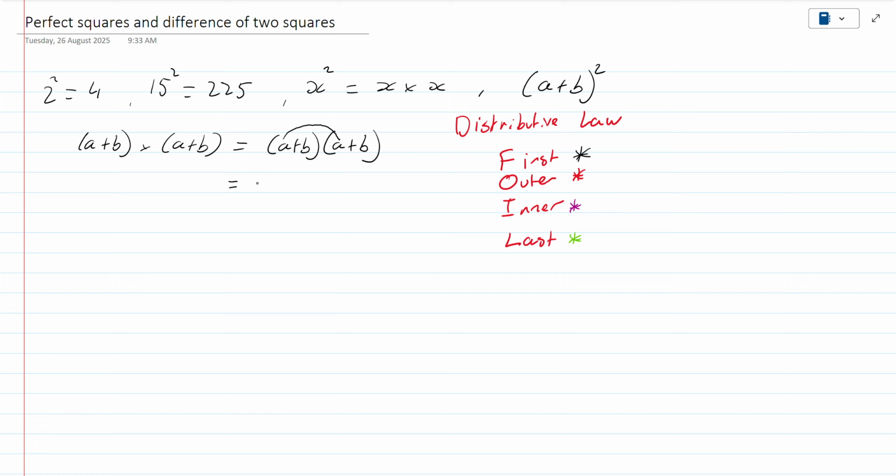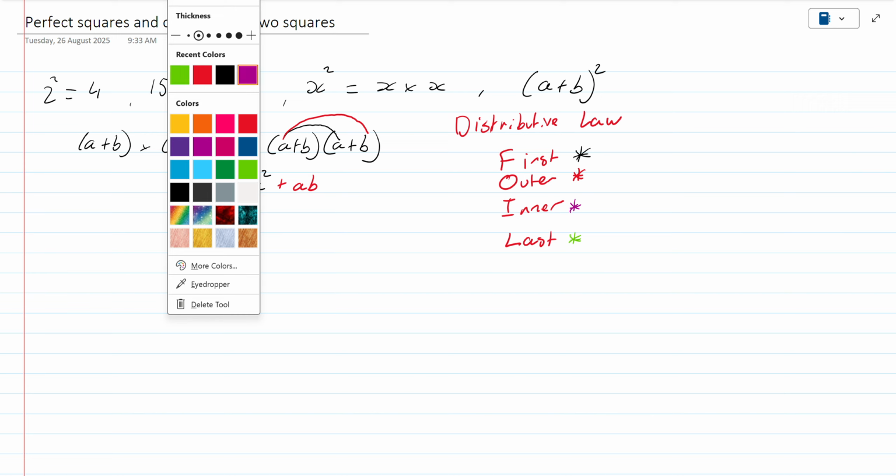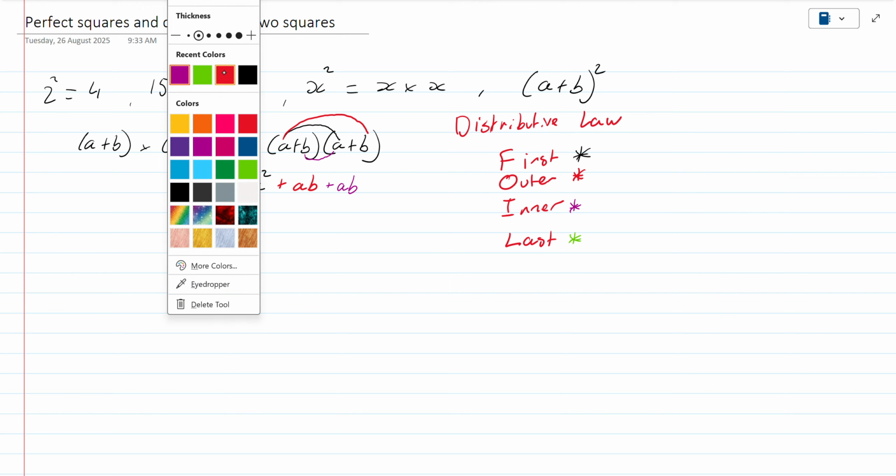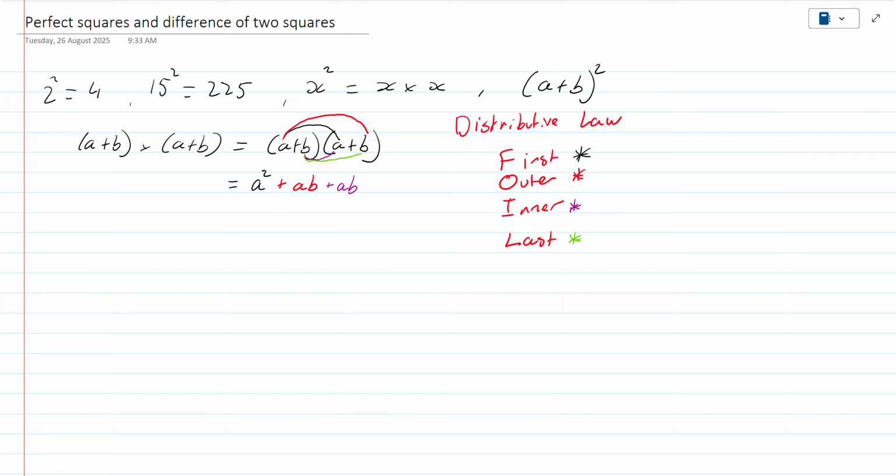So a times a is a squared. The outer ones, so in this case it's a times b, they're the outer terms. So a times b will give you ab. The inner terms are the most middle terms. So in this case it's b times a. And we should know that b times a is equal to ba, but you can also write that as ab. Then b times b is your last terms. So the last terms of both sets of brackets is b times b, so it's going to give you b